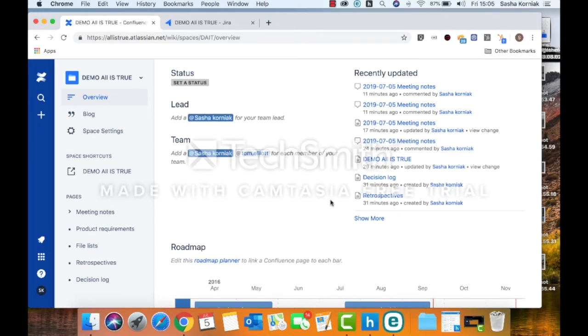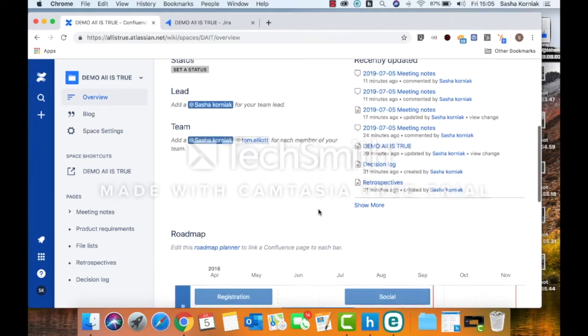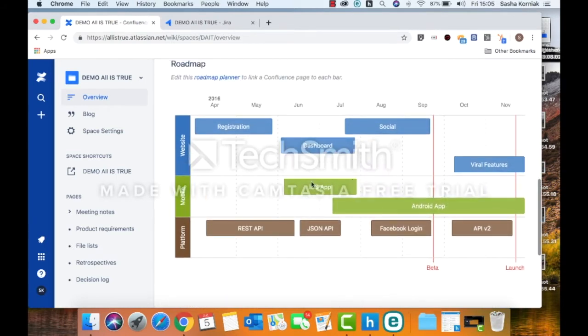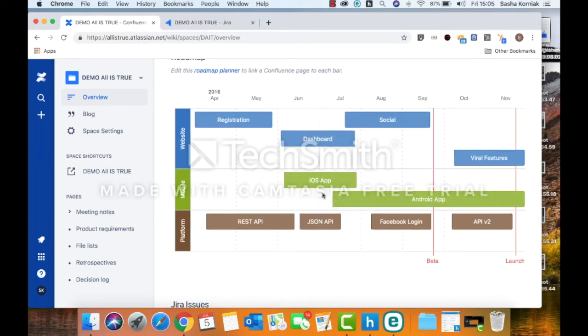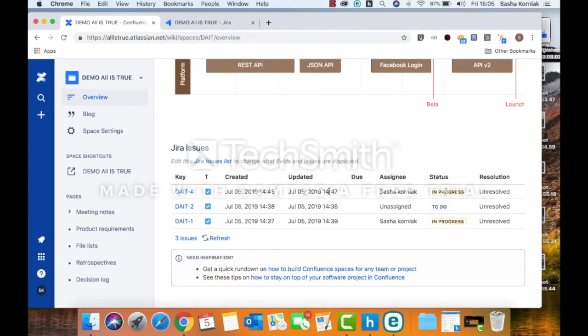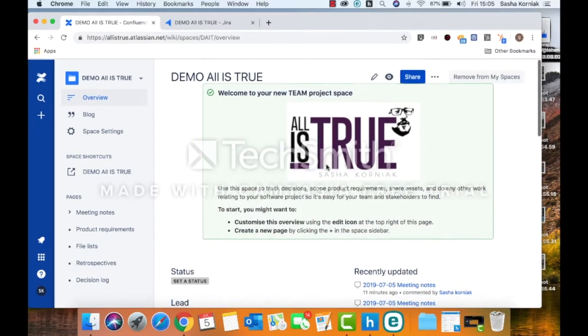As you can see, we have a team here. There are 2 of us within the team, and recently we've had a couple of meetings, and we also have a decision log and a retrospective. This is just a quick infographic to explain where we are within the particular project. Operationally, the required information can be displayed. This goes back to the previous presentation about information, videos and any images that may be required. And right at the bottom here, you can already see some issues that have been created, which are dynamically updated, and I'll cover that in a few minutes.